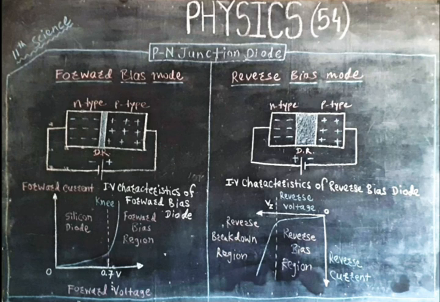The region after the reverse bias region is the reverse breakdown region, and the diode will not behave like a diode in this particular region. So this is about forward bias mode and reverse bias mode in case of the PN junction diode,